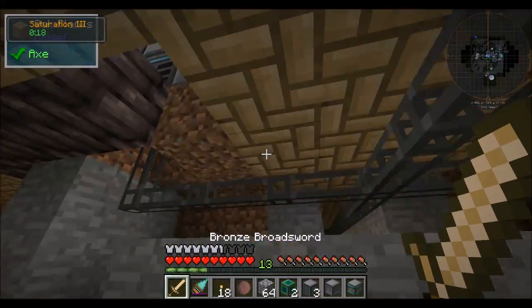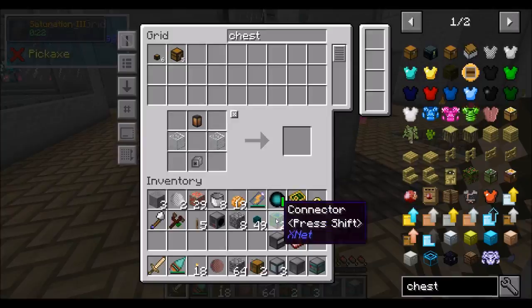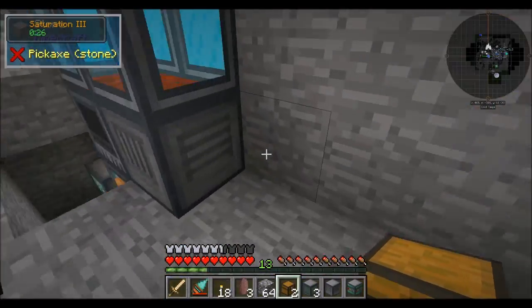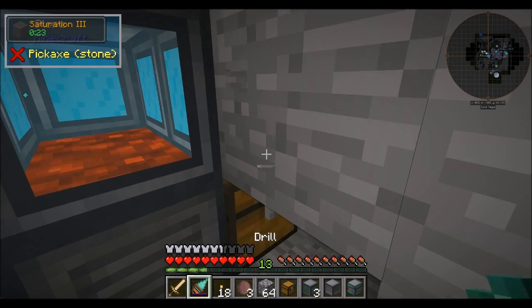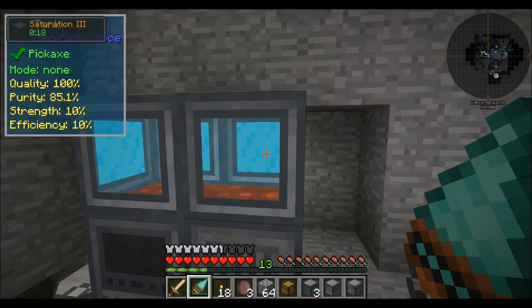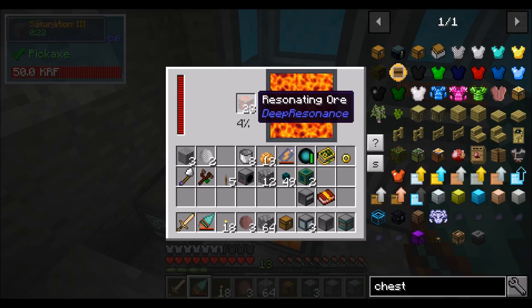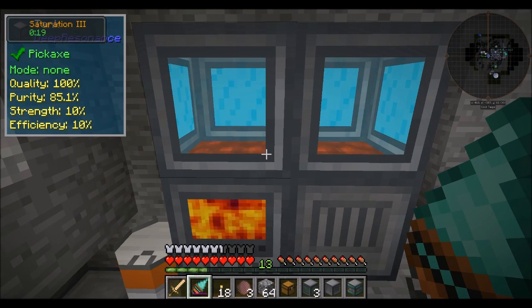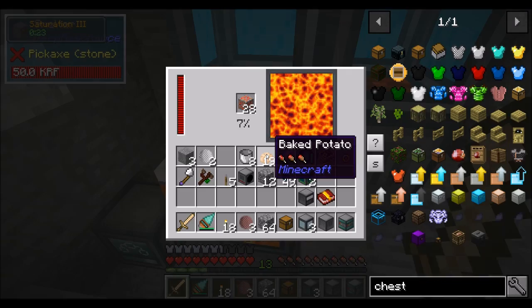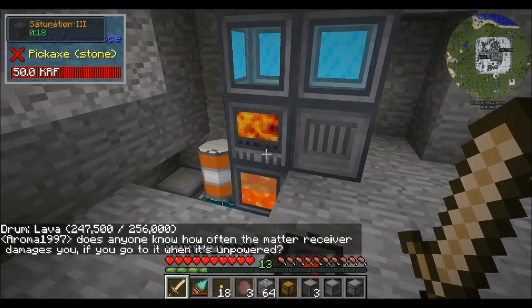Nice. We know it's working because it spit out the used thing. Cool, and our purity is 85%. Beautiful. So that's pretty good. I'll put the rest of this in here. That'll continue to purify, and in theory, the quality should stay at 100%. So as soon as this drops below 8,000 millibuckets in the tank here, it should do what it needs to do, until we run out of lava, obviously. Then we'll be in trouble, but...